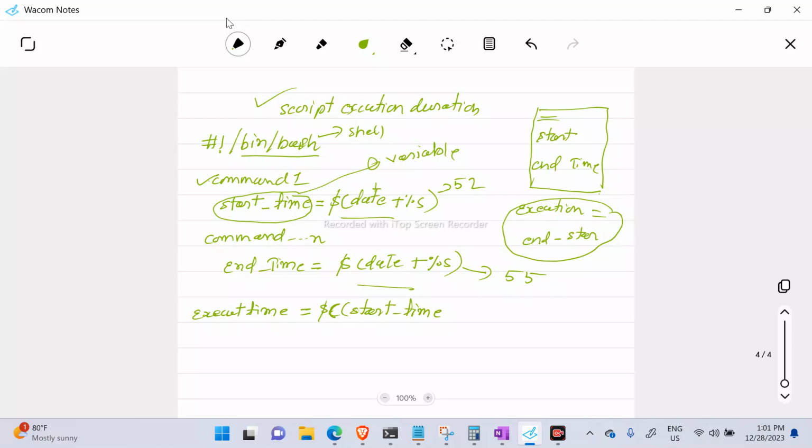Start time. Okay, and then this should be the end time, I'm sorry, because end time has a bigger value, you know. And what is the variable name? End time. And then minus, end time, hyphen,